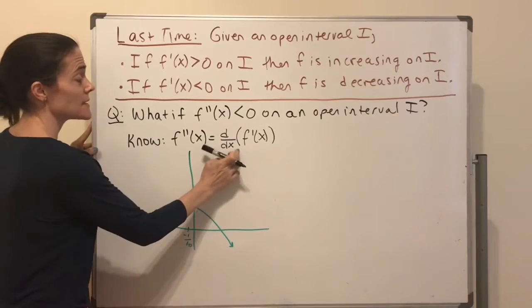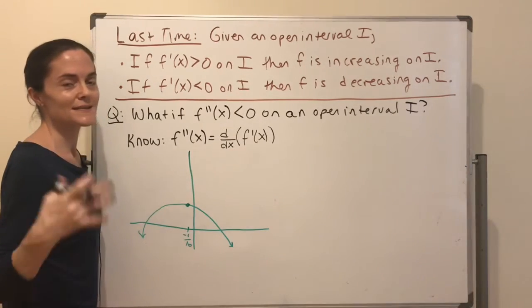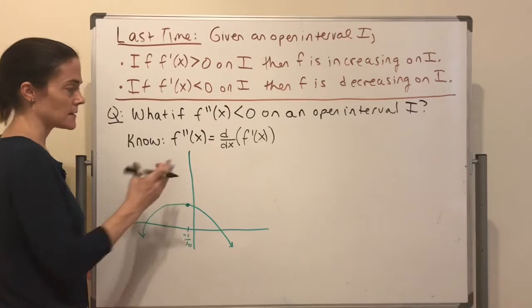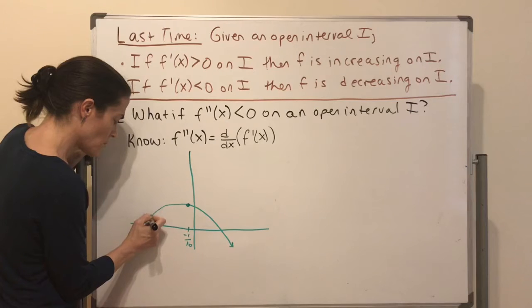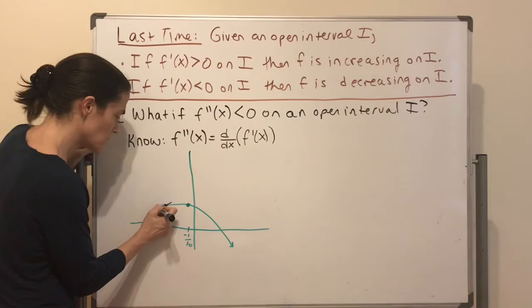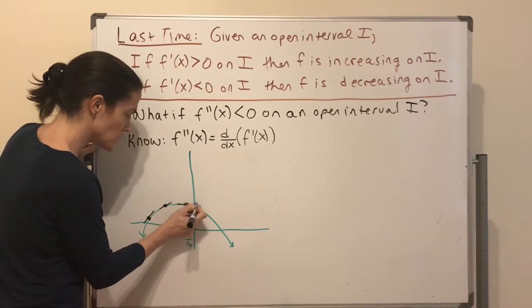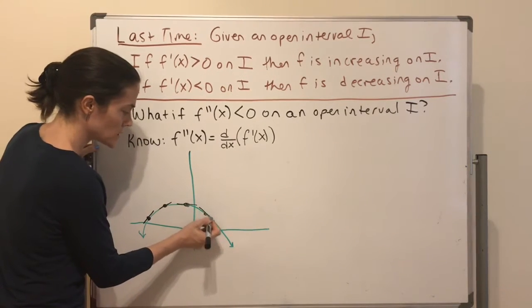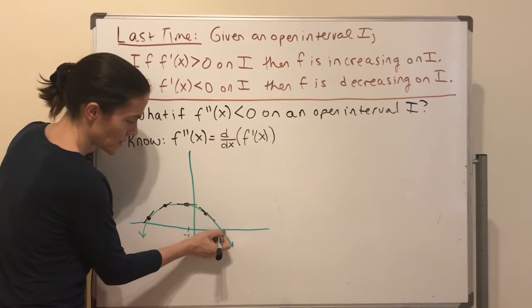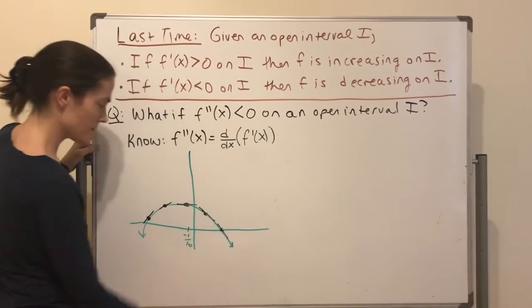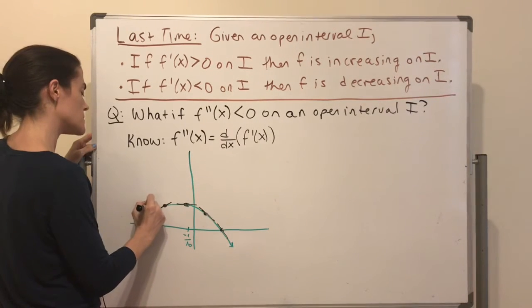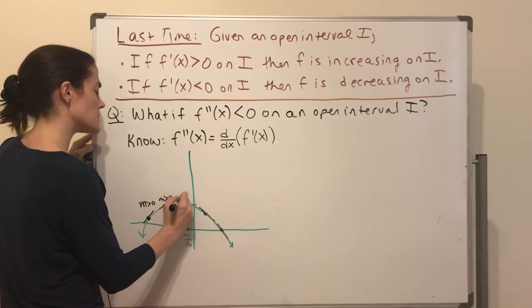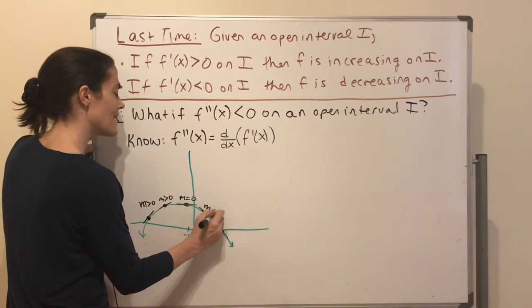Let's think about it like this again, where the first derivative is the slope of the tangent line, and the second derivative measures its rate of change. So here, I have a tangent line. Here, a tangent line. Here, a horizontal tangent. Here, a tangent line. And then here, a tangent line. Okay. What we see here, well, for these two, the slope of the tangent line is positive, 0, negative,